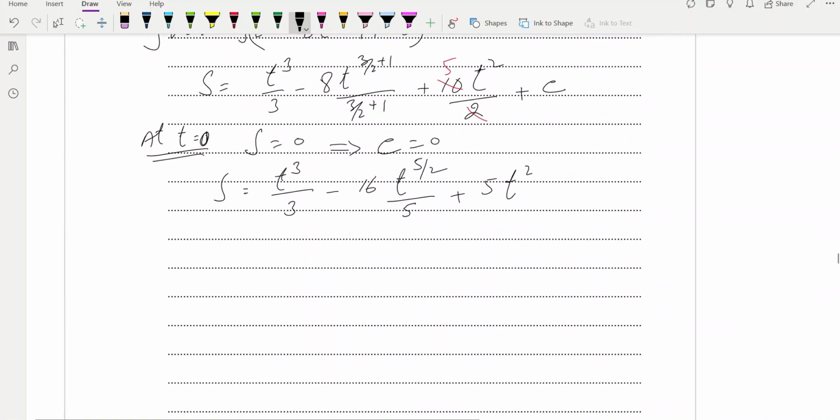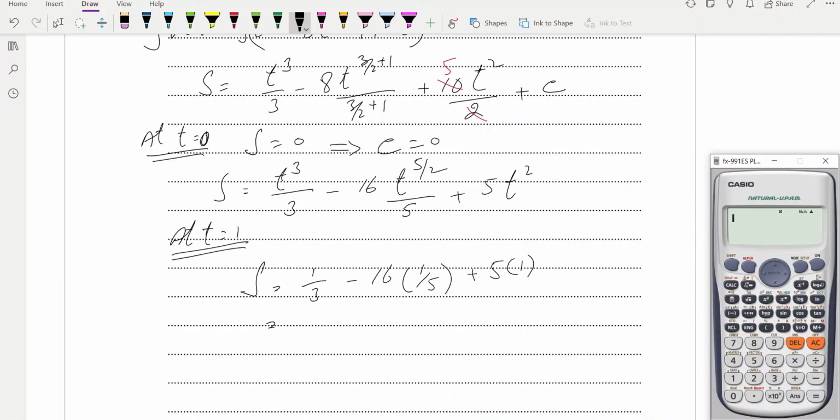Now at t is equal to 1, what will be the s value? So s is equal to 1 by 3 minus 16 into 1 by 5, and plus 5 into 1, and this one we can write 1 over 3 and plus 16 over 5 and plus 5, and this is giving us